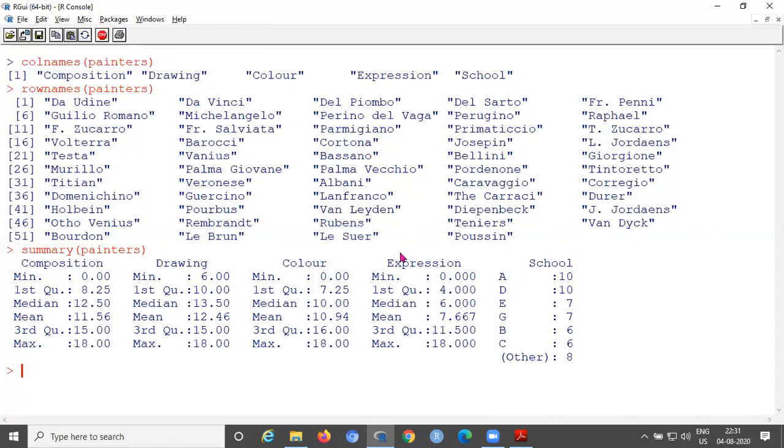But for all other numerical variables, you can see minimum, first quartile, median, mean, third quartile, max. See for composition, for drawing, for color, for expression, separately these values are computed. For string type, that is factor variable, here you can see the frequency is displayed. That difference you can observe.